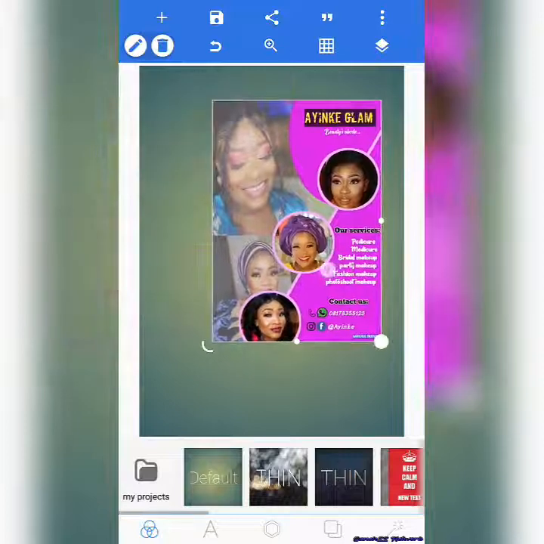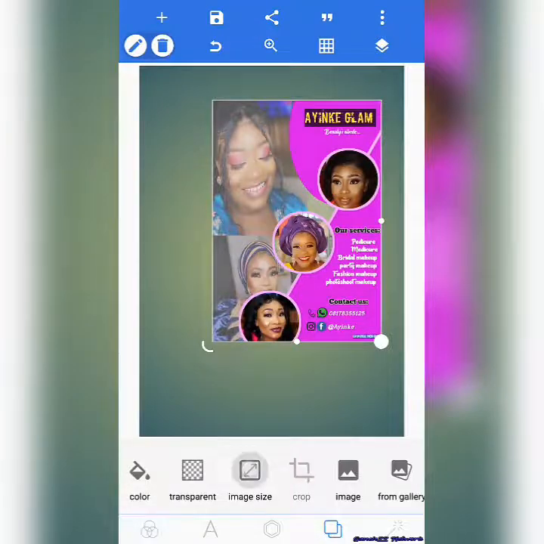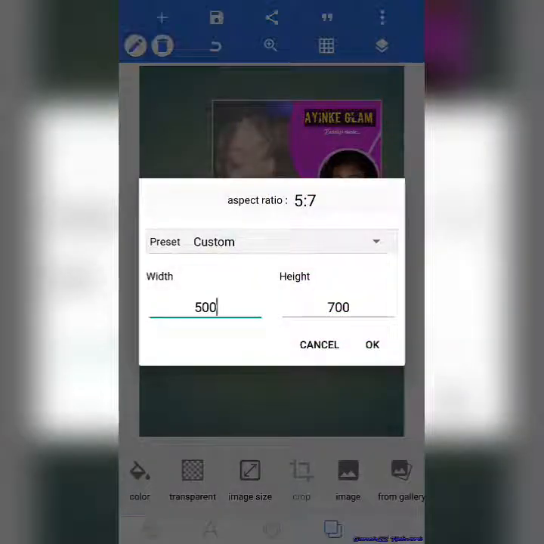So now back to the work. The first thing we want to do is to arrange our background. We can leave the background the way it is. So now first thing we do after the background is the size. We arrange the image size. So for